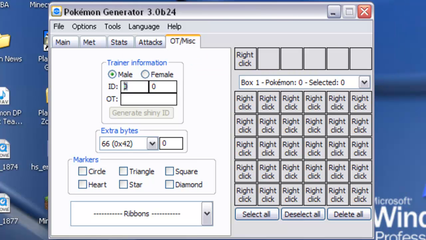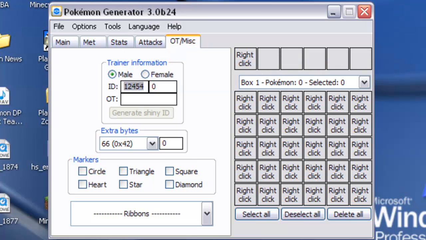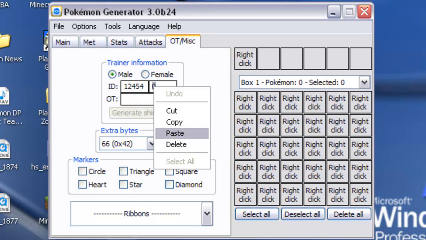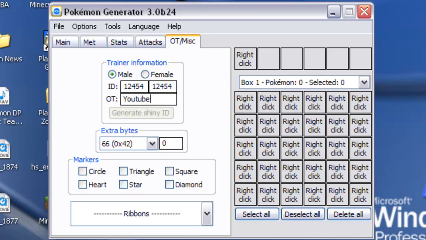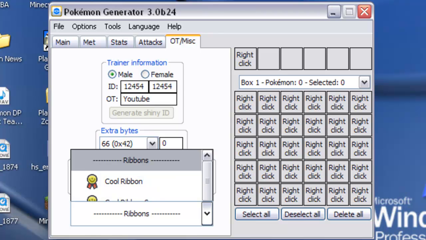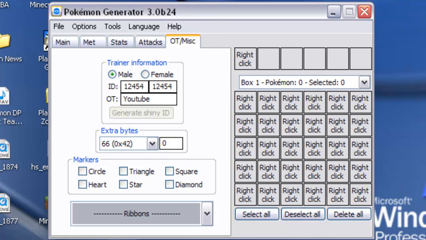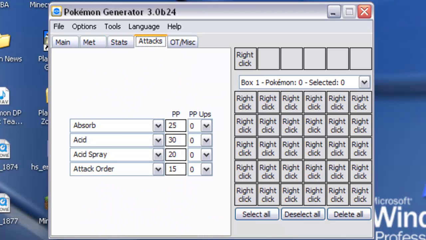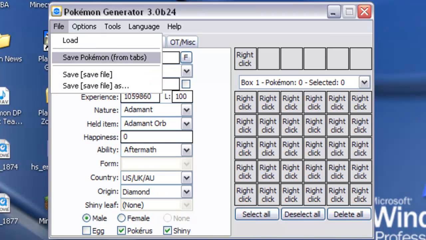I'm going to put a random ID here. If you want the game to consider the Pokemon yours, you can put your ID in the game. We'll see it as your Pokemon, then you can rename it and stuff. For original trainer, I'm just going to put YouTube, but you can put your name if you like. I'm going to give it some random ribbons here. You can give it whatever ribbons you would like also. Then just make sure you filled in everything, and when you're done, you can go to File, Save Pokemon,